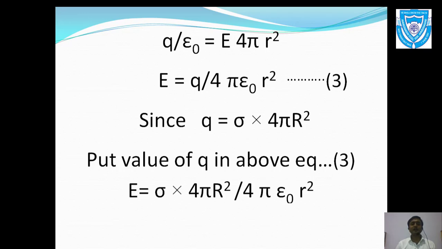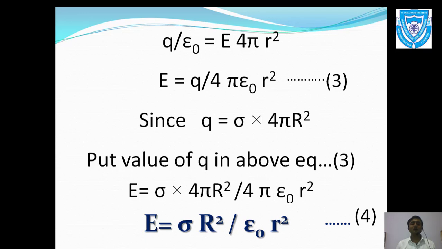Then it will be E is equal to sigma into 4 pi R square whole divided by 4 pi epsilon naught r square. See this, 4 pi is common in numerator as well as in denominator. 4 pi will get cancelled. We have a new formula which will be E is equal to sigma R square whole divided by epsilon naught r square. Once again, E is equal to sigma capital R square divided by epsilon naught small r square, where